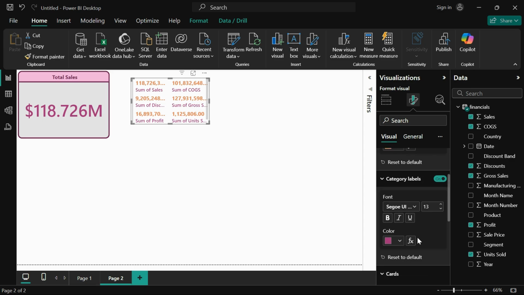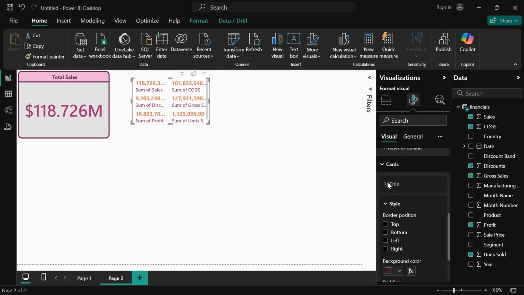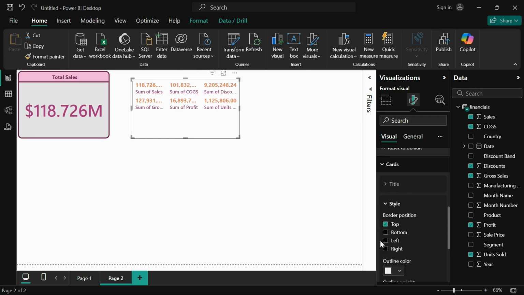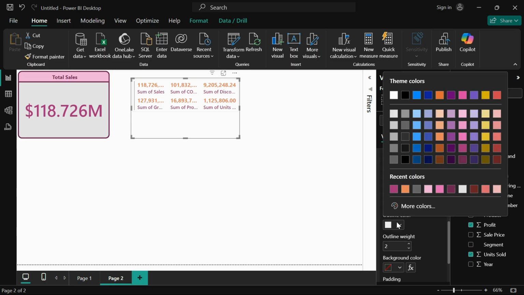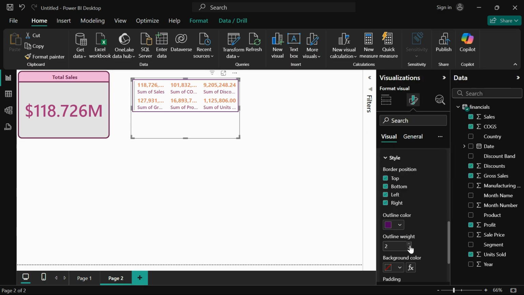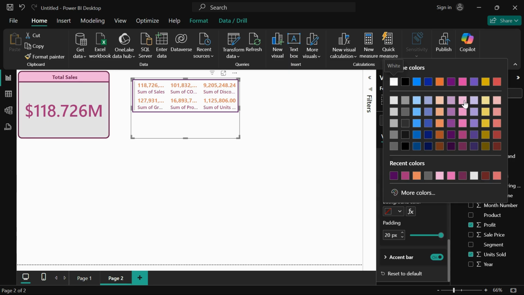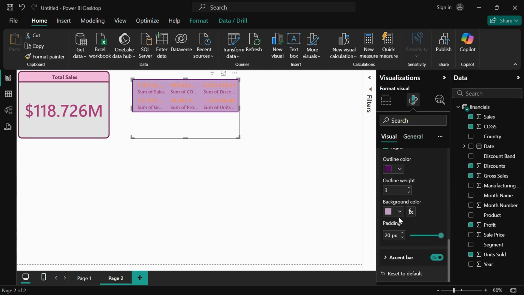For cards you can now give borders: top border, bottom, left and right. You can check where you want to display the border. I'm displaying it on all four sides. You can change their color this way, and you can increase or decrease its width. You can change the background color as well. Let's say this purple color. This is not looking good, so you can change the background color here. You can increase or decrease the padding,